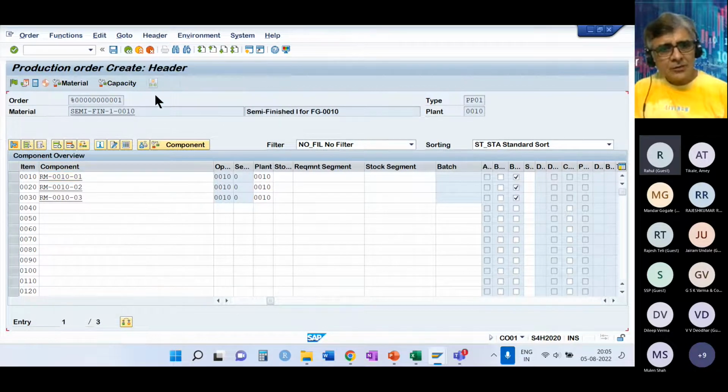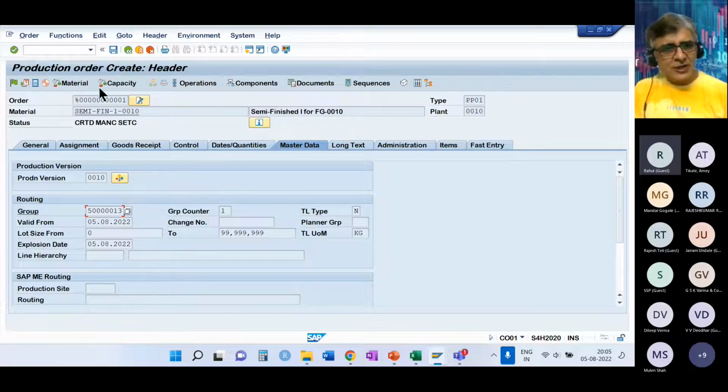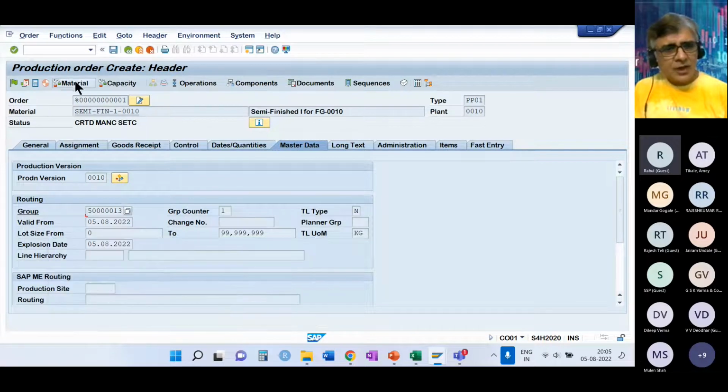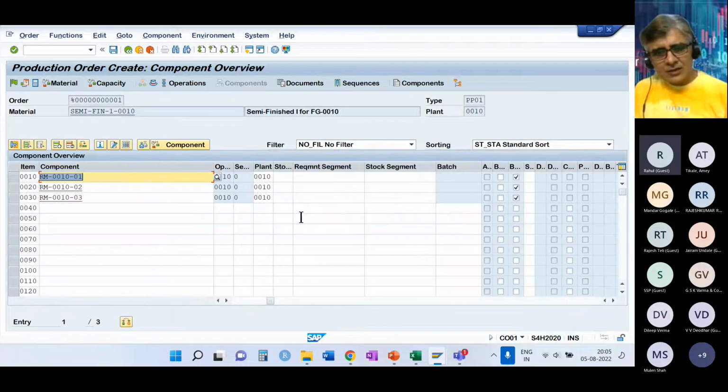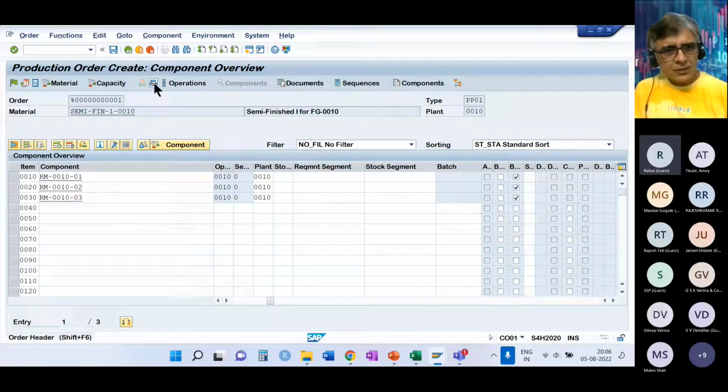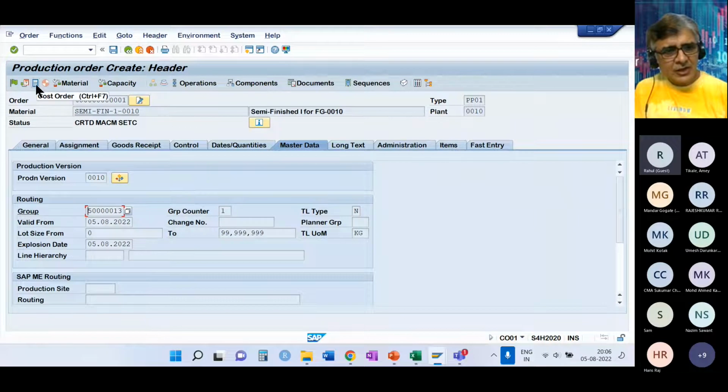So again, go back to the header. We have these components, and we check the capacity. So capacity is available. We have a lot of capacity available, and then the material availability check. So all checked materials are in order. What this check is doing is it goes into the BOM and looks at the quantity of material that is needed for each of these materials. Okay, and then it looks into the stock and sees whether there is enough stock available for this purpose. So after this is done, we will calculate the cost.